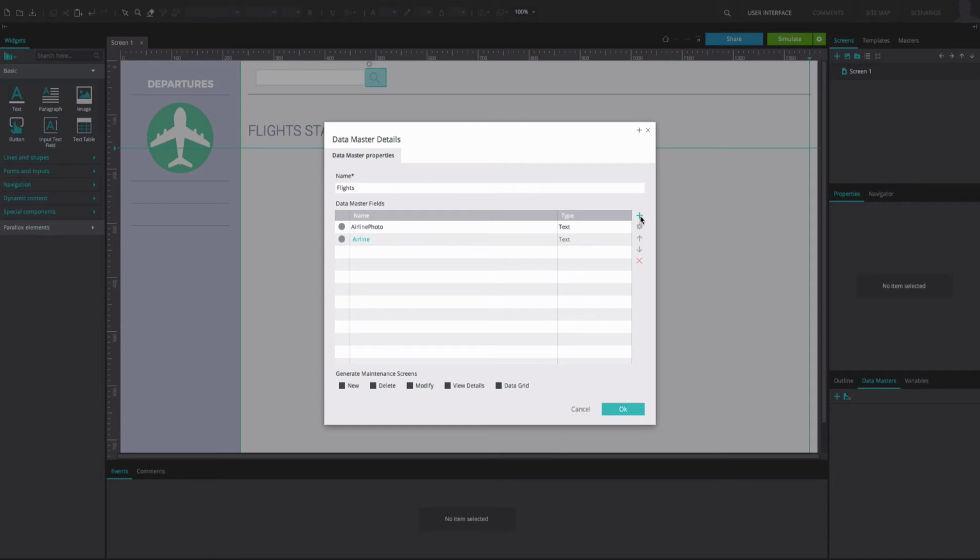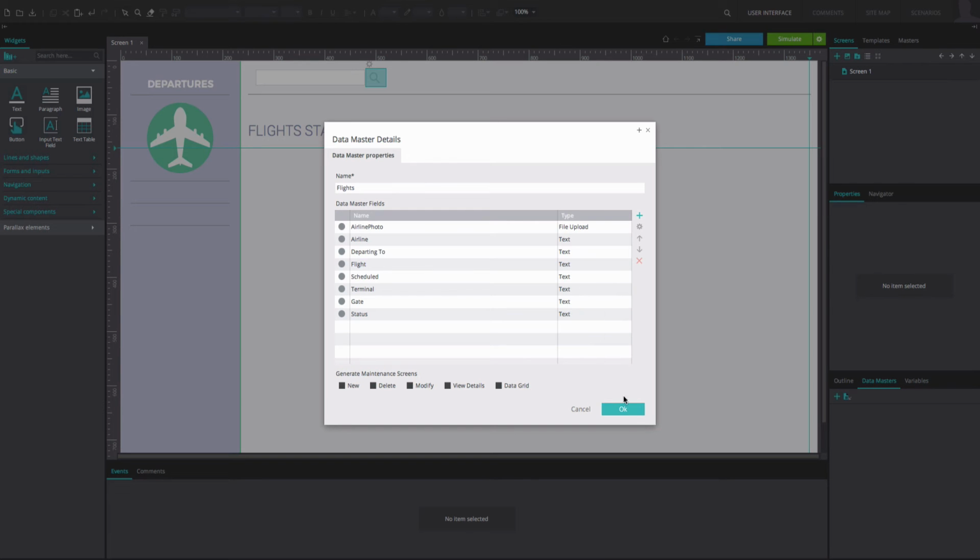Fill in the names of the fields as desired. Change the type field selections to match the example by choosing from the drop-down menu provided. You have 6 different data master field types: text, date, category, which displays a value from a range of predefined values, true or false, file upload, and multi-category, which displays a set of values from a range of predefined values.